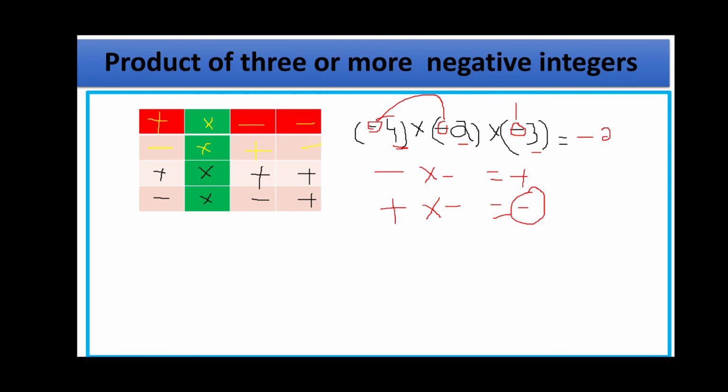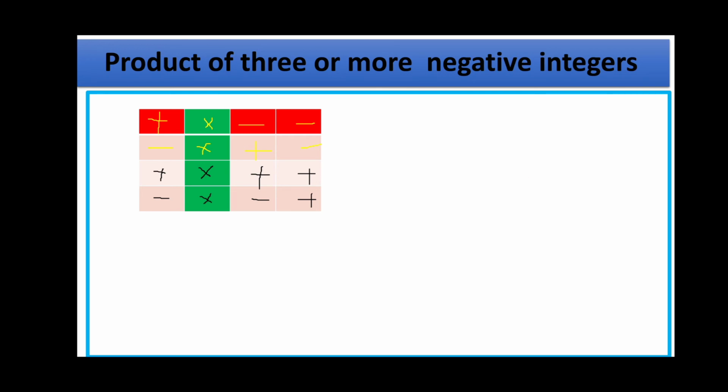First, what do you always have to check? You have to check the signs of the two integers. So we have checked, and minus into minus gives plus, and then the next integer. Now let us see one more example. Here I am taking minus 10. Why am I taking these examples? Because it will be easy for you to multiply. And you can take various examples of your own to note. Next, minus 10 into minus 4 into minus 6.